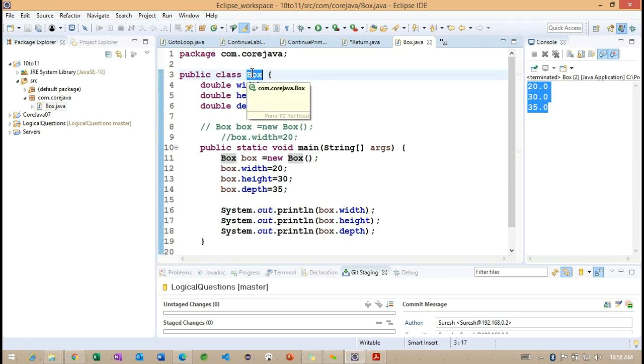We'll continue the same session tomorrow, because we need to create the methods and discuss constructors: what is the purpose of constructors, and what exactly methods are used for.